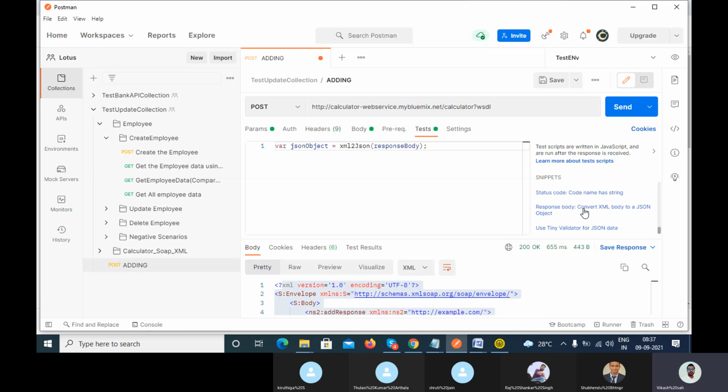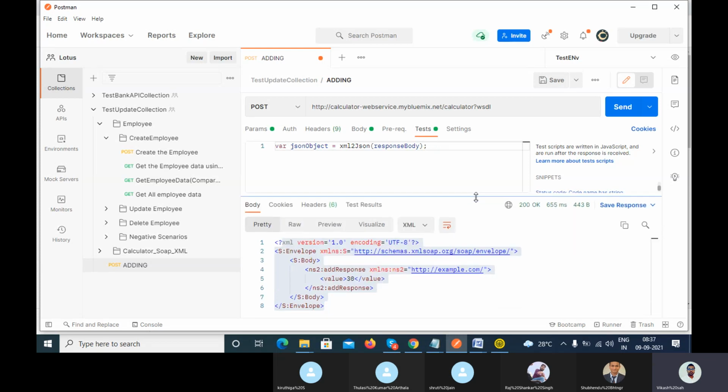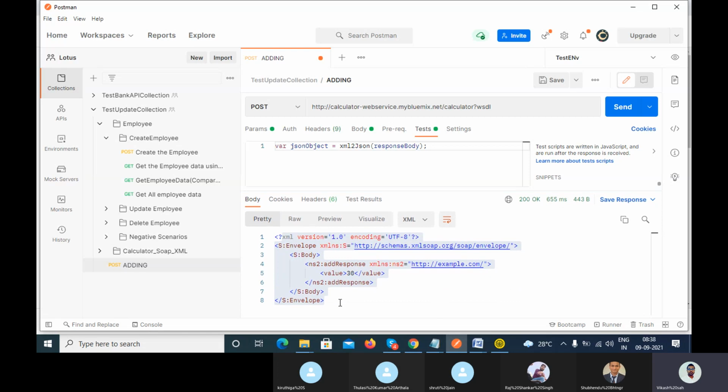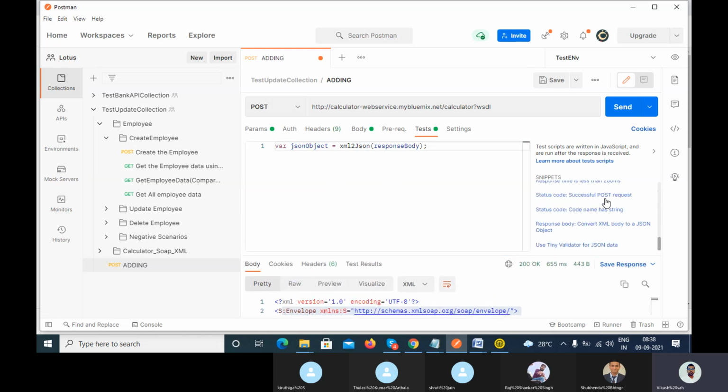XML body to a JSON body. It converts your XML body to the JSON body. Whatever response you get, it will convert into the JSON object, and then you can try to fetch the data. You can see in the snap it section here, if you go here, the convert XML body to a JSON body, right? If you go and console this,